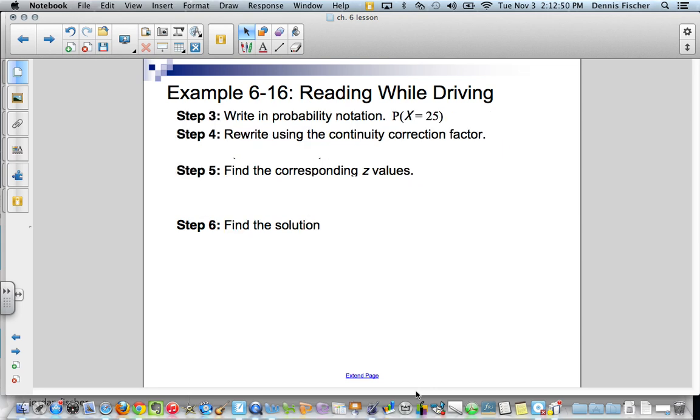Now, when we go to the next step, it's to write the probability. We want the probability x to be equal to 25, correct? So, let's see if this works. We're looking for the probability where, if you look back in the previous pages, equals 25 means we're going to add half and subtract half. So really we're looking for the probability that x is greater than or equal to